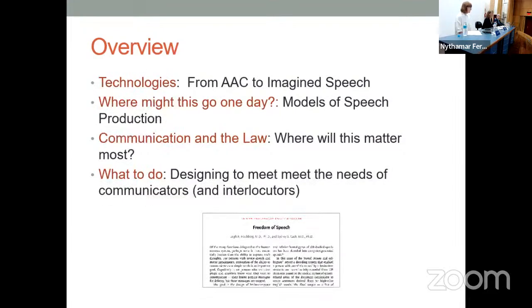I'm interested in decisions and communications of potentially great significance and consequence, where paradoxically we most want to accept this form of communication to allow people to have more autonomy, and at the same time the risk of error is so much greater. So we'll talk about the three examples and then conclude with what one can do about this, to make sure the hope is that this technology will go forward and be helpful. So to design to meet the needs of communicators and interlocutors.